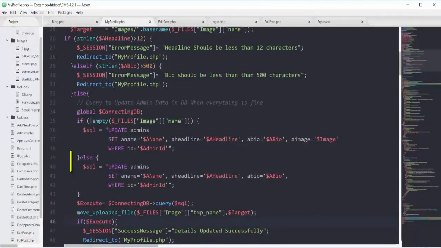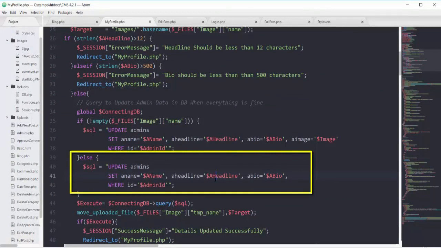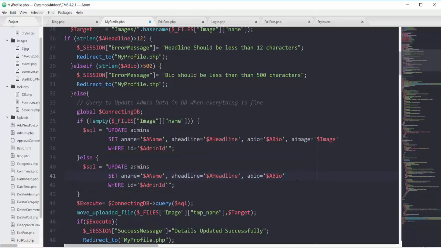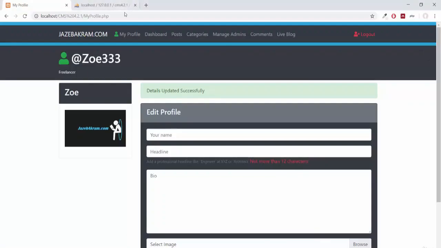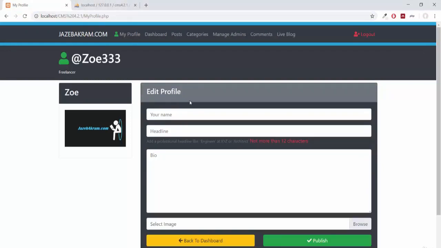So update my table of admins, set my a name, a headline, a bio, where ID is equal to this one. Oh, sorry. I have to remove this comma from here in order to work when we don't want to change our image. So if I save this one,